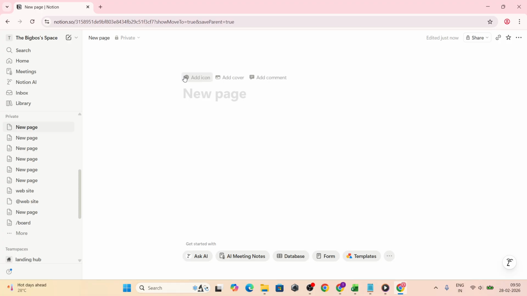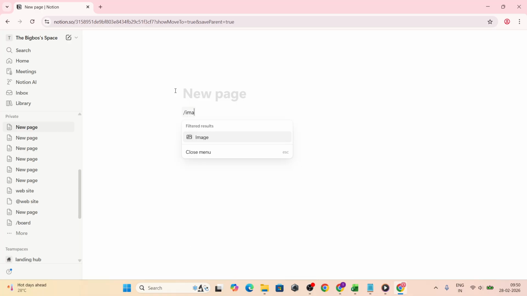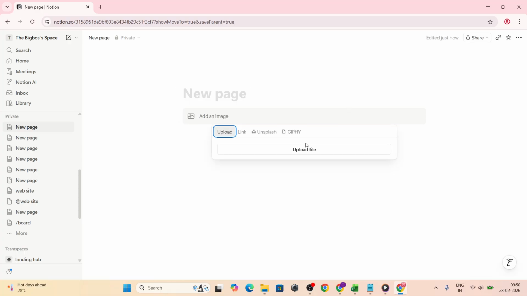Let's start with the / command, which is perfect when you want a precise, menu-driven workflow. Click into your Notion page and move to a new empty line. Type / followed by the word image. Then press enter. You'll see options to upload a file, add an image by link, or pull one directly from